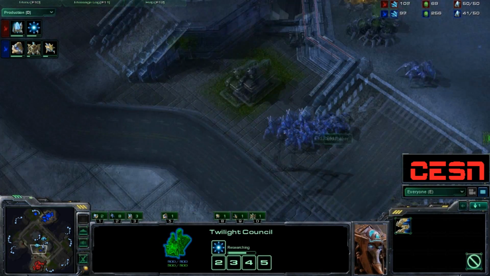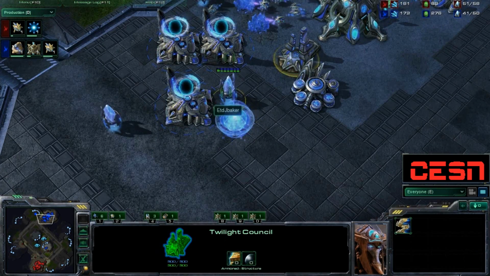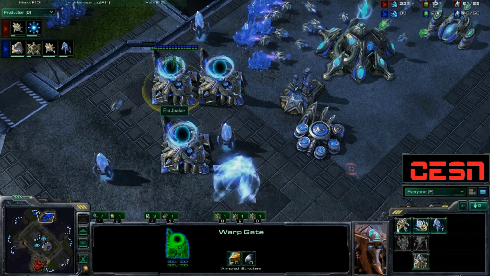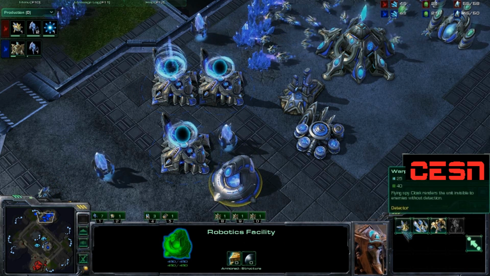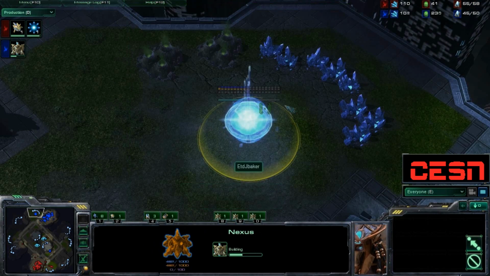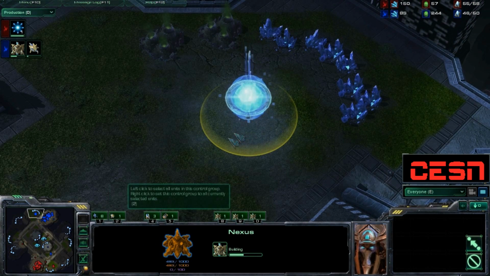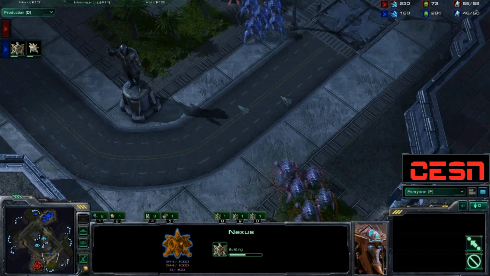Don't know if he knows whether or not Baker has Blink research. And his Blink research is done at this point. Baker also bringing in a robotics facility. I wouldn't be surprised if we see some observers from him as well. Always good to have some sight. And meanwhile, Baker using his offensive time to go ahead and grab an expansion while he's got Huk sort of